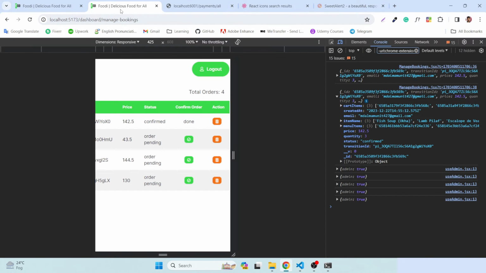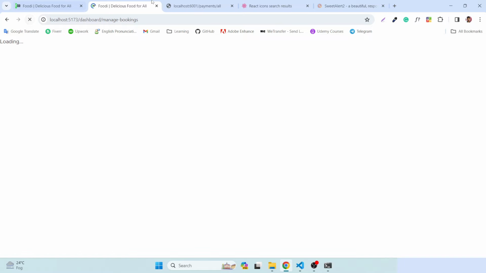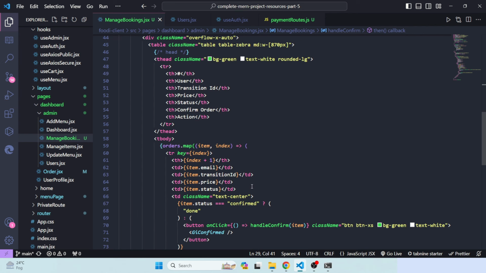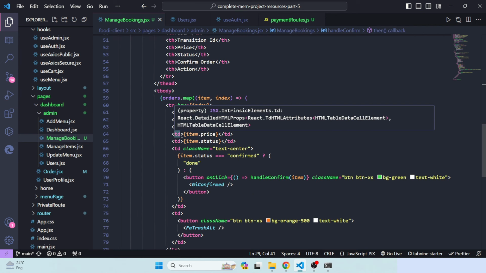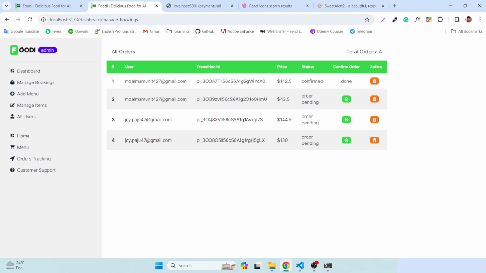Okay, let's try to do it. So refresh this. So from here, if you want to just confirm this border, you can just, okay, let me just add a dollar sign on the prices. Here we have to include the dollar signs. Okay, then if you want to confirm this order, maybe you can just confirm the last order. You can hit this,